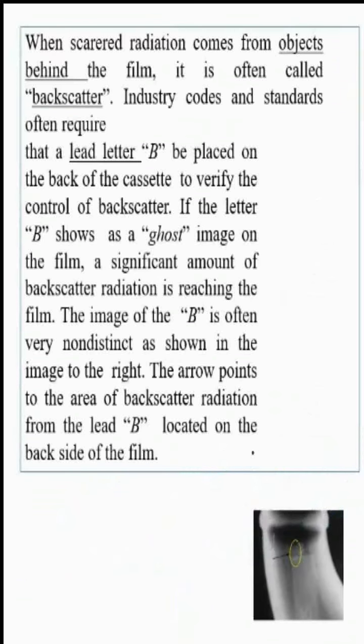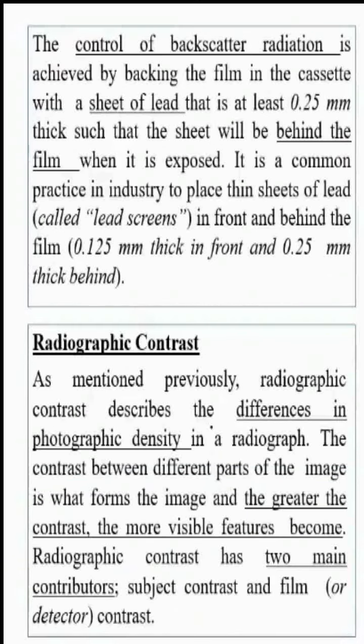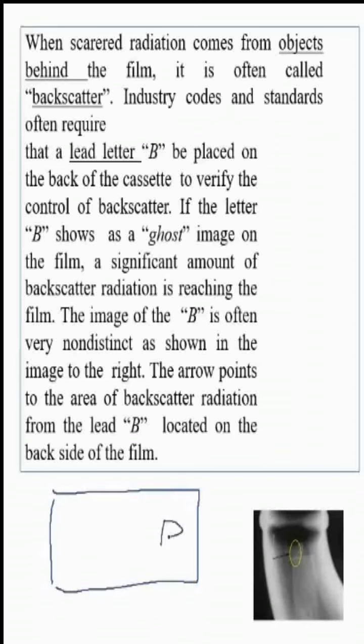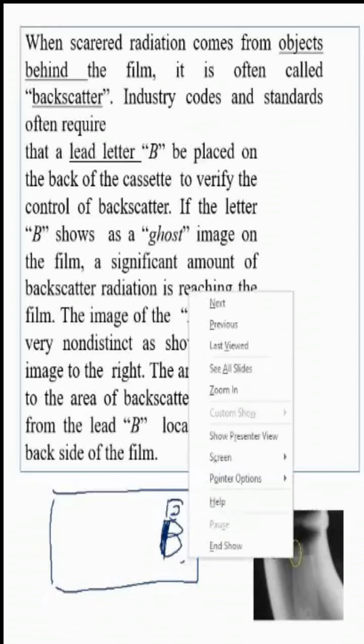Okay. So is there any identification to recognize whether they have played or not? I mean, any guess how to do it? We know there should be a very blur B. If B is dark, there is very high backscatter, and this B should be very blur. It should be visible slightly, very blur. If it is very blur, we say that backscatter is very less, and that is fine.